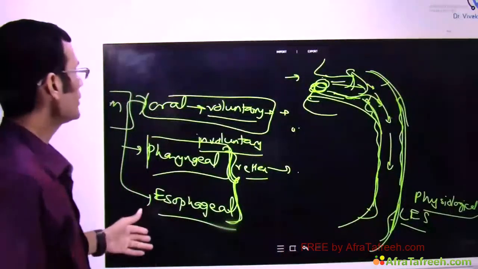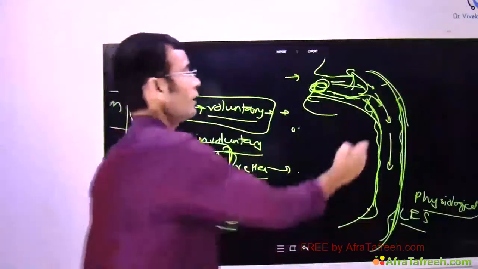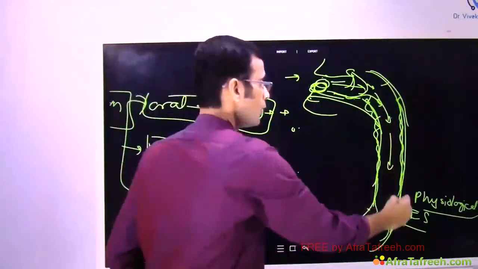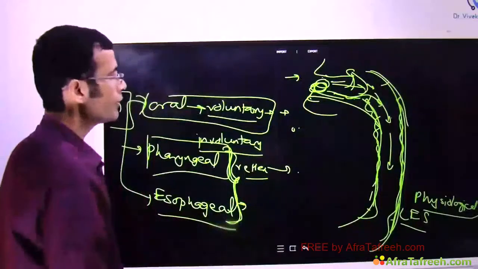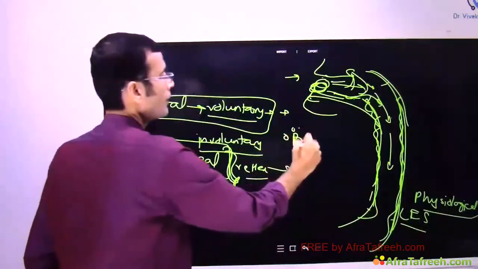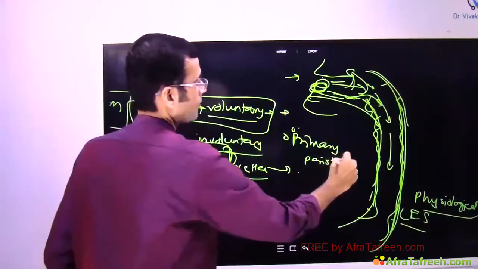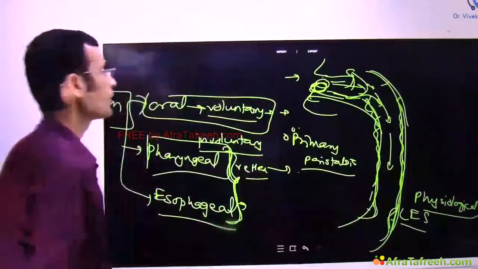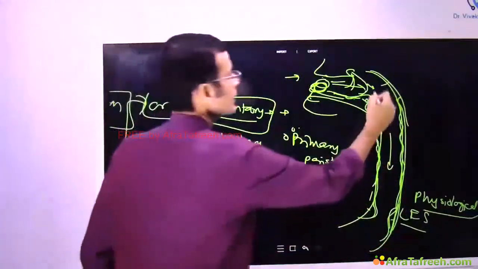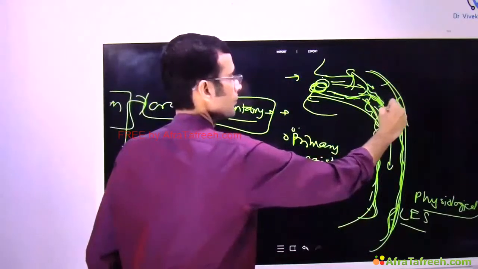So, esophageal phase. In the pharyngeal phase, a wave of peristalsis went down, and then the esophageal phase starts. In the esophageal phase, you see a primary peristalsis, but before that, there was already relaxation of the lower esophageal sphincter. Primary peristalsis means the wave that started in the pharynx comes down,